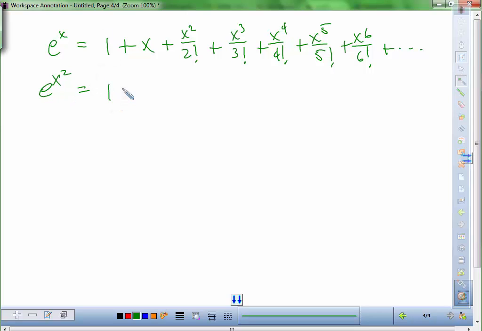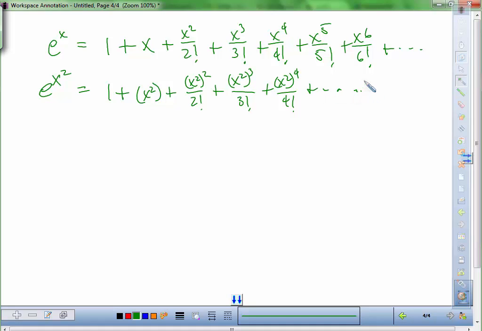So I have 1 plus, and then now wherever I see an x, I'm going to replace it with an x squared. So I'll put x squared there. And then I have x squared squared, x squared to the third power, x squared to the fourth power. I'll just stop here and go dot, dot, dot. So you can leave it like this, or you can make it look a little bit nicer, but bottom line is